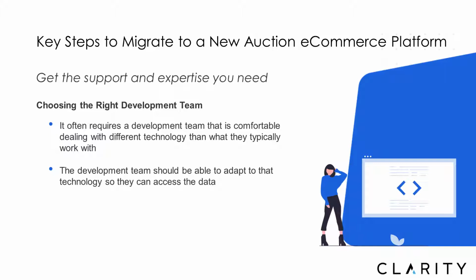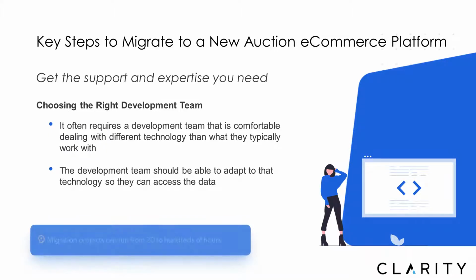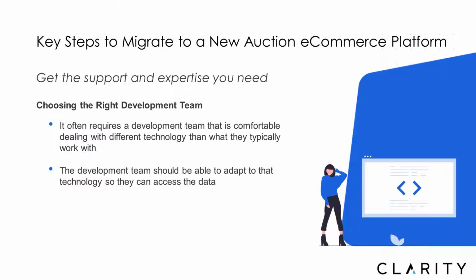data. And kind of the summary here is that the data and the way that it's stored in your current auction platform could be a large spectrum of different kind of outputs. It could be a significant amount of effort, or it could be a relatively small amount of effort, depending on how everything's set up. So one of the first things that you're going to want to do is decide if you want to bring over all of the data, if you want to bring over just a portion of the data. And typically, most of our clients, based on how they're operating their business, we do recommend bringing over most